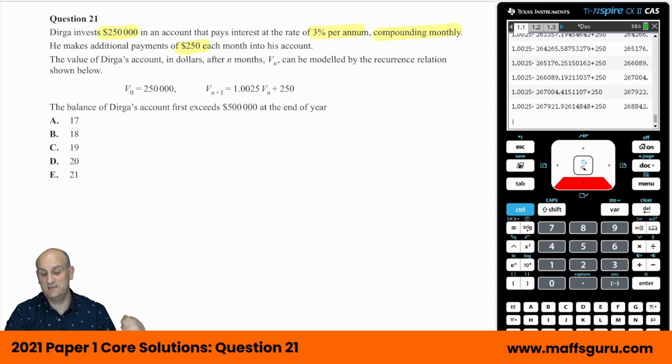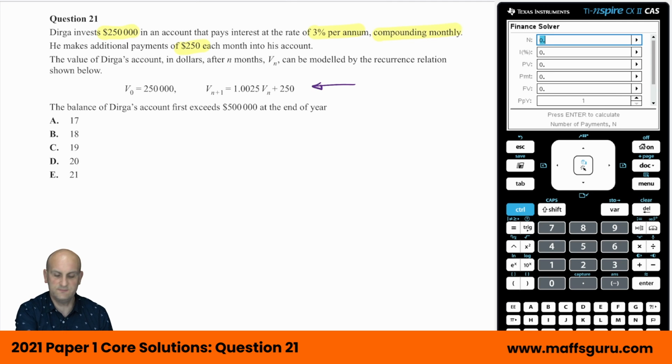With this particular question here, this would be nuts to try and do, because basically this is each month. What you'll see here is I started doing this using the recurrence relationship on the TI Inspire. That was nuts. I'd already done it about 20 times, and I was like, I'm never ever going to get to my answer. I'll be sitting there forever. So in this situation, although they've given me a recurrence relationship, I'm going to fire up my financial solver. So here's my financial solver.